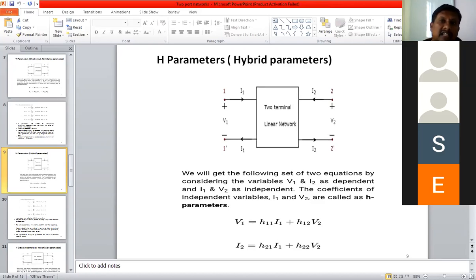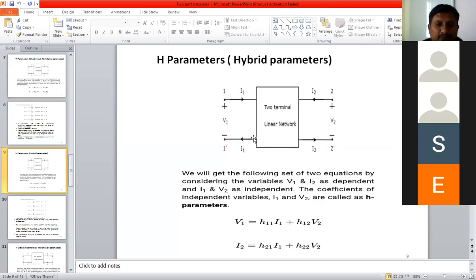Then as well, here we are opening the port, first port we are opening and second port we are shorting. म्हणजे तिथं पण फिक्स नाही आहे, दोन्ही शॉर्ट करायचे किंवा दोन्ही ओपन करायचं. Here one port we have to open, that is the first port, and second port we have to short. So these all are the mix up. That's why these parameters are named as hybrid parameters. In short, we can call it as H parameters.